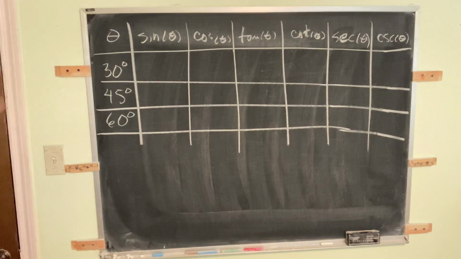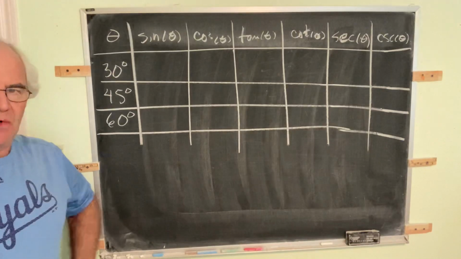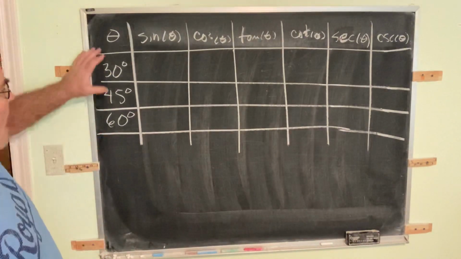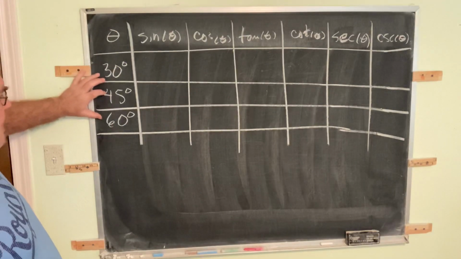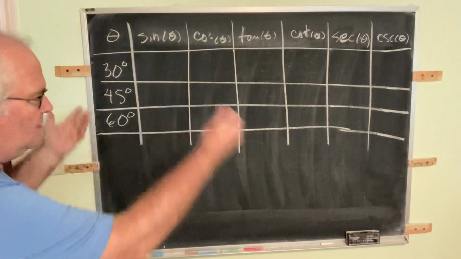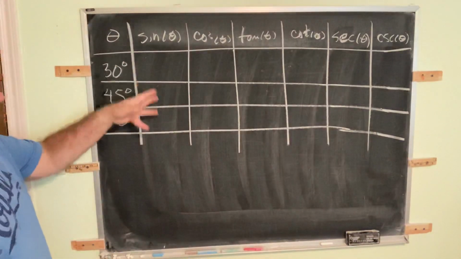I'm going to take a short little diversion here. This is very often done in trigonometry courses, and so I want to introduce you to it. What we have here are three basic angles, or three special angles. We have the 6 trigonometric functions, and the task here is to fill in the grid so that we have